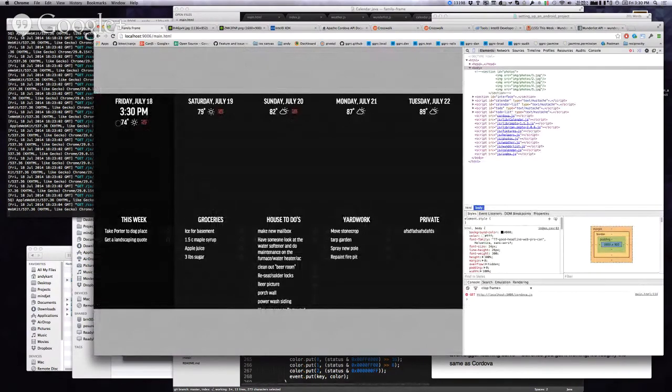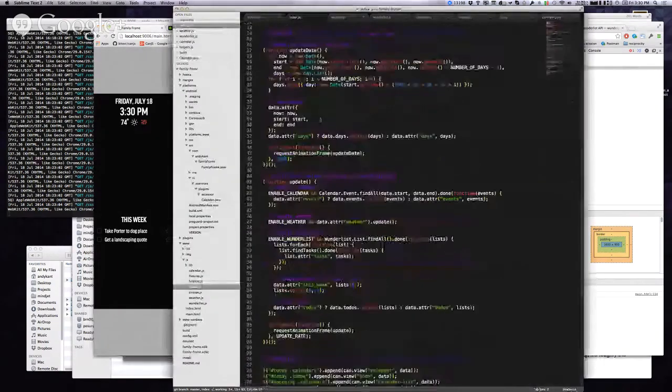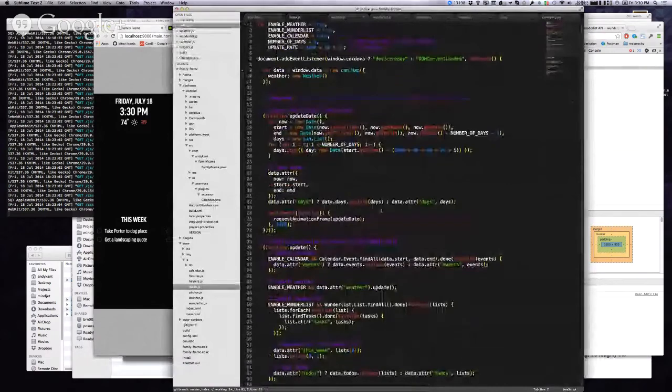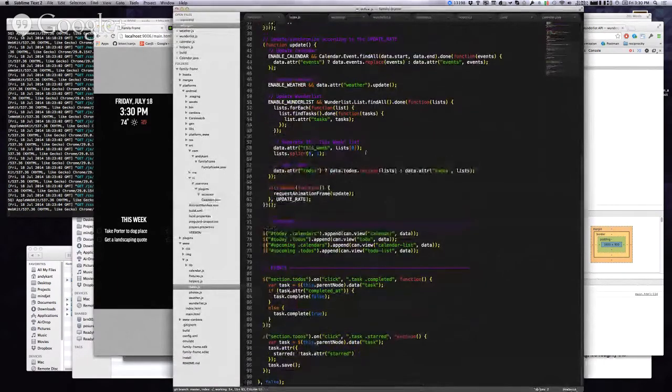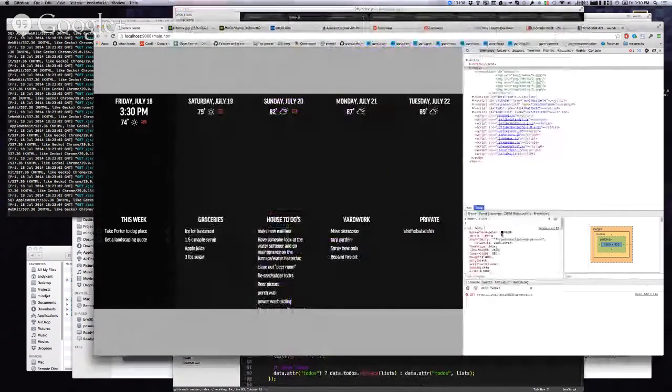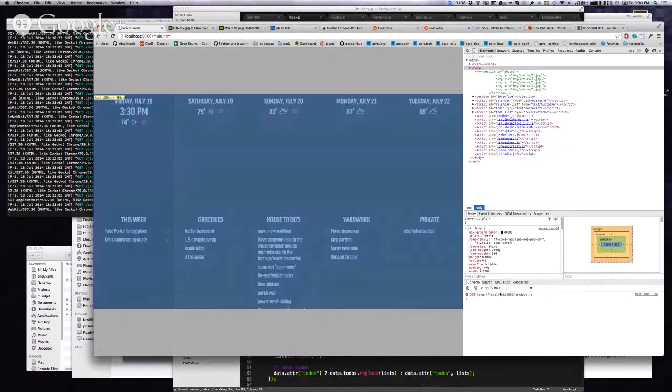As you can see, none of the calendar stuff is actually populated on here, and that's because it's only available on Android specifically. I do have fixtures in here, but I don't have them enabled right now. So if you're not aware, in Chrome, there's actually this little mobile button right here that allows you to